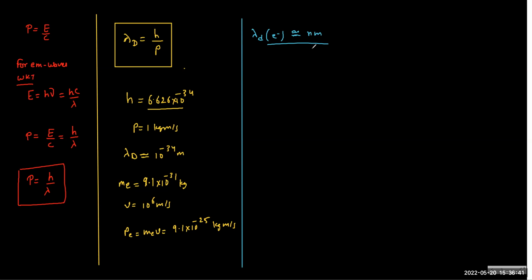So lighter particles exhibit this, and in our day-to-day life, because we are very heavy, our associated wavelength is so small that it cannot be perceived. What does it mean when I say you can perceive? Perceive means if you can see a person, you can see the person as a whole. You don't see a blurred image, isn't it? But if you look at the wings of the fan, you don't see the wings clearly because it's quite blurred. Understood?